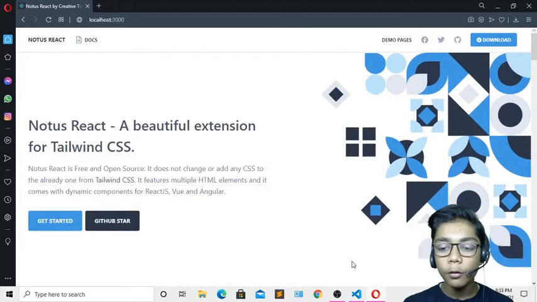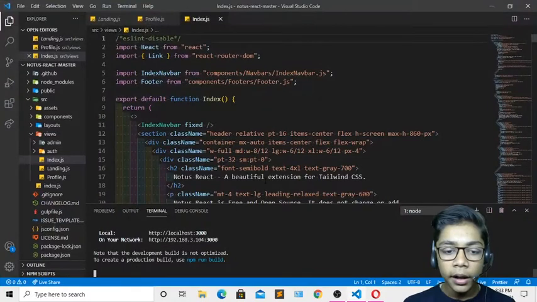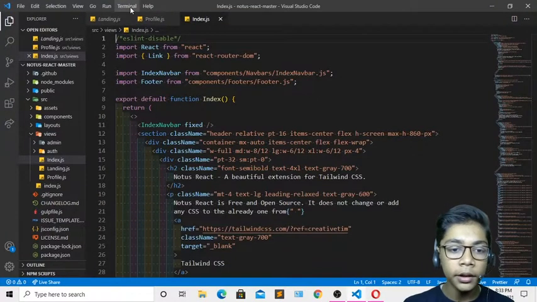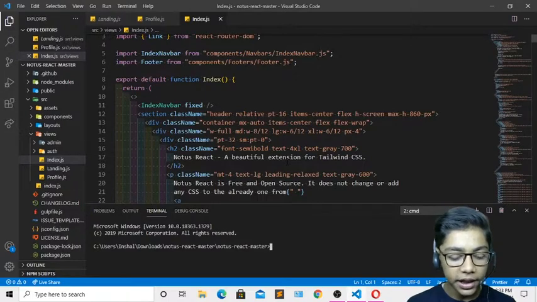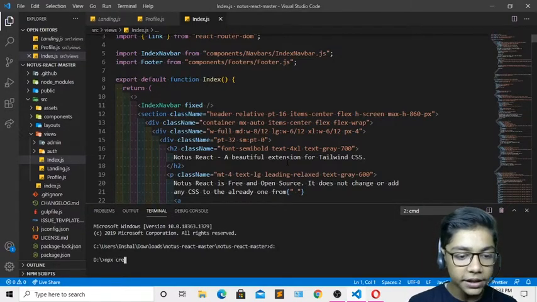So for doing that, you have to open your text editor, which is called Visual Studio Code. I'll be opening that. Then you have to open your terminal in it. In your terminal, you have to select the location where you want to make your React app or folder. So I'll be selecting D, and then here I will write npx create.